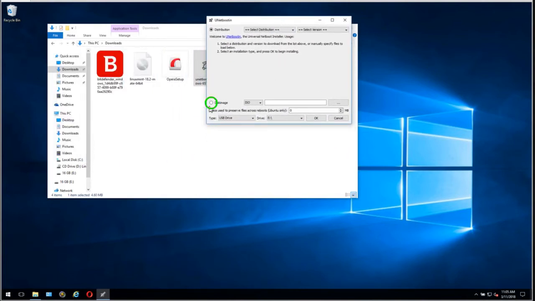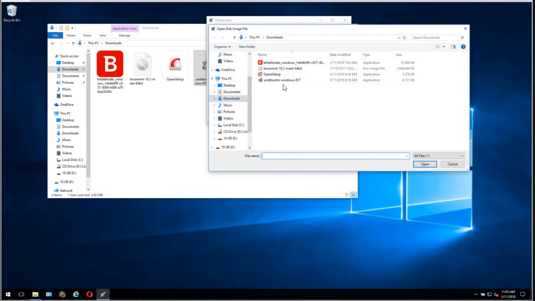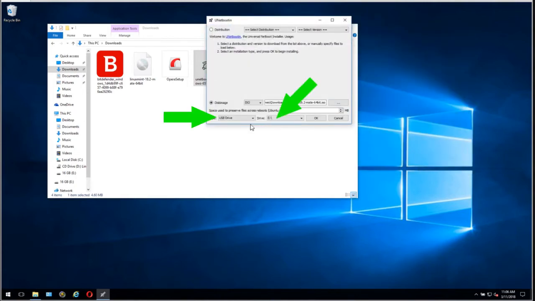The next thing I'm going to do is select a disk image. You see these three dots, I'm going to click on that, navigate to my download folder, and select Linux Mint. What I forgot to mention is you do need some kind of USB flash drive, anything more than 2 gigs, preferably 4. I'm actually using a 16 gig, drive E. We click on open, and you can see it automatically found my E drive, which is my USB. Once I have that, I'm going to press OK,